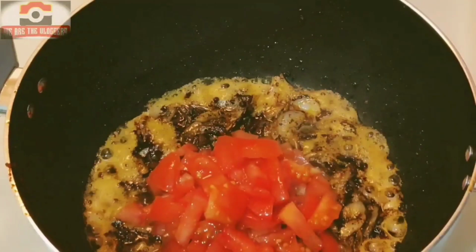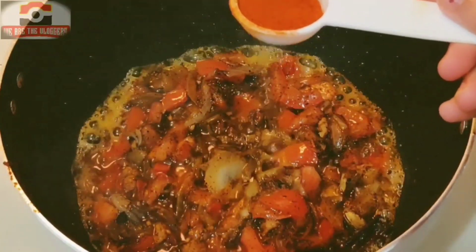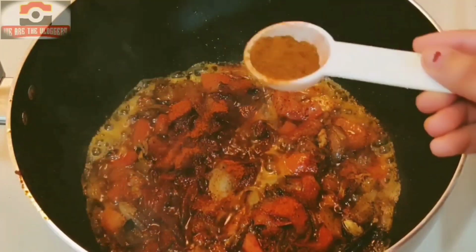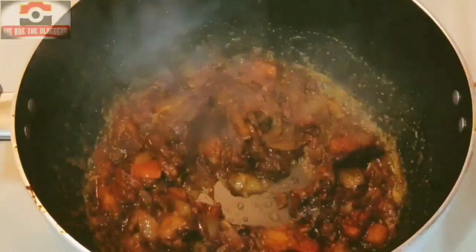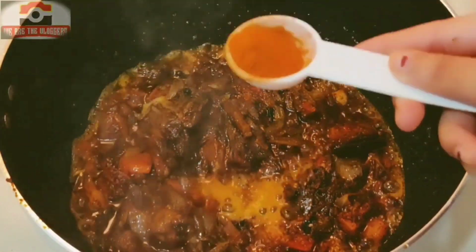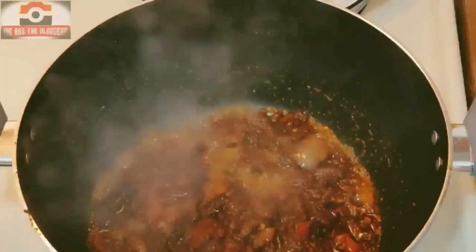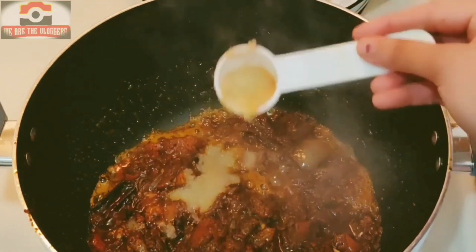And I am gonna take 2 medium-sized chopped tomatoes with 1 tablespoon of chili powder, half a tablespoon of garam masala, then take 1 tablespoon of fish curry powder, one tablespoon of ginger garlic paste,